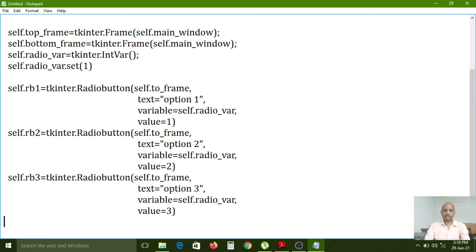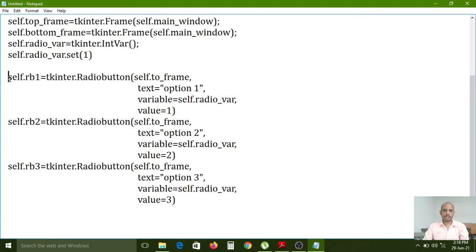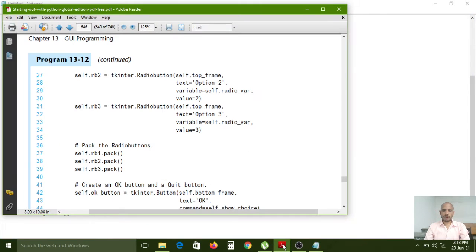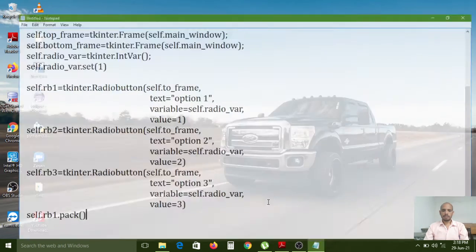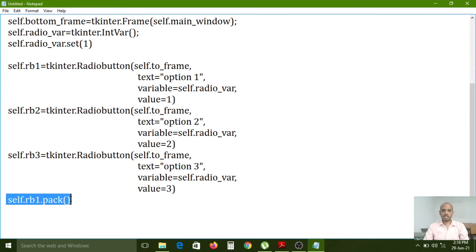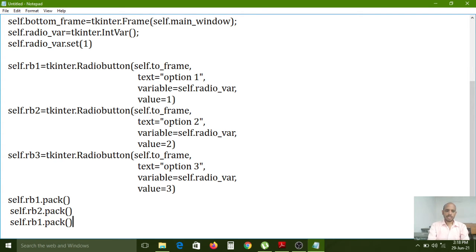Now I want to pack them: self.rb1.pack(), the same for self.rb2.pack(), and self.rb3.pack() also.